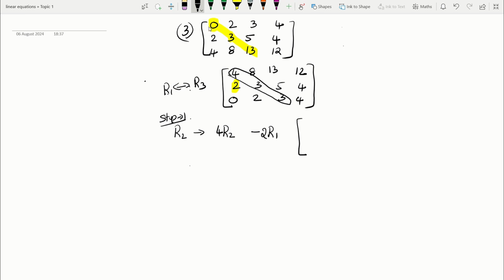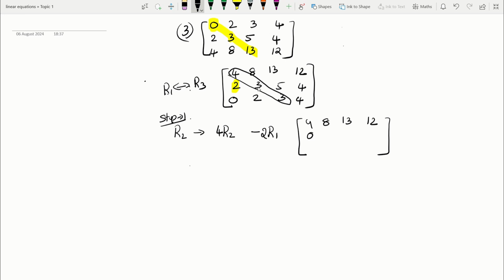Now R2 element what? 2 is there. Okay, write for R1. R1 element what? 4 is there. Why? Because 4 into 2 is 8, 2 into 4 is 8. This I want to make the 0. So this is the alternate for that. That's why I took this example. I want to tell this because in previous problems we got one coefficient as 1, right? But this is a perfect example, and I want to tell that if in this place 0 is there, the calculation part is a little bit difficult for us, so we have to make the interchange. That's why I chose this. 4 into R2 minus 2 into R1. We can do that. Now the calculation part,